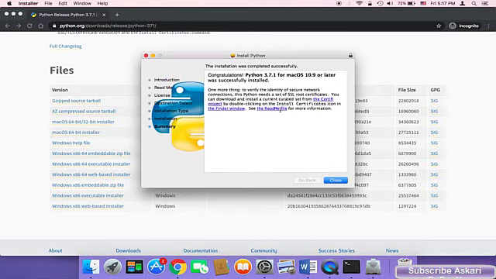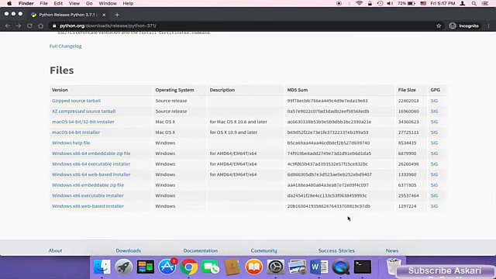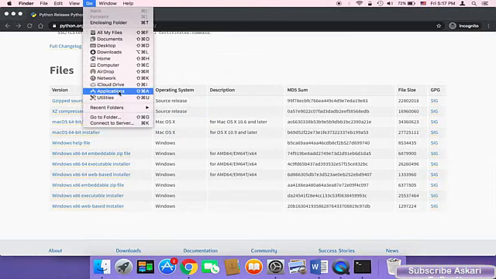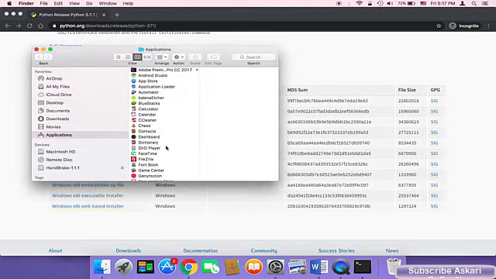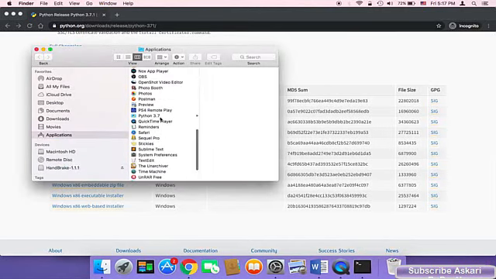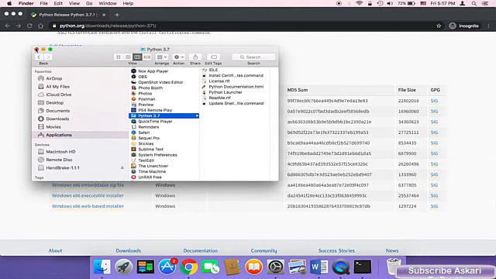and once it's done, all you need to do is click on close, and you are good to go. And to make sure that Python has been installed, first of all, you can click on Go, and then Applications, and then you'll find Python among your applications. As you can see here, it says Python 3.7,